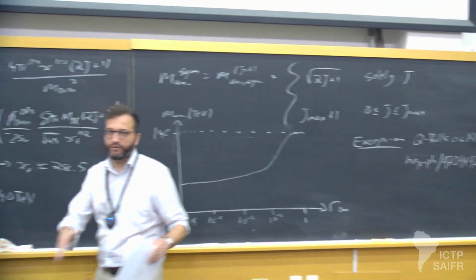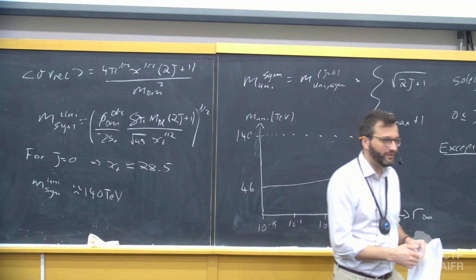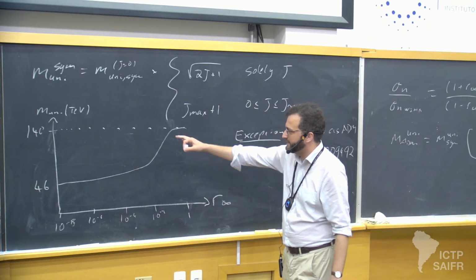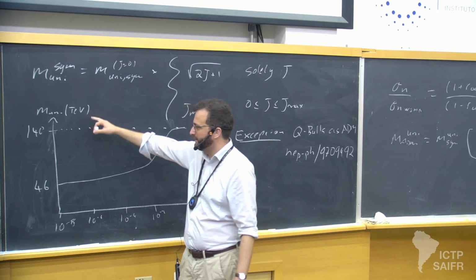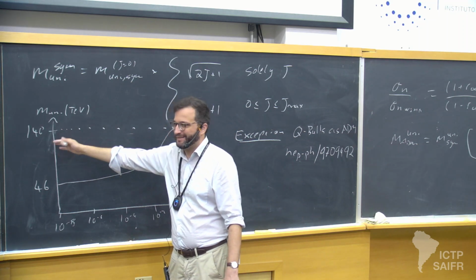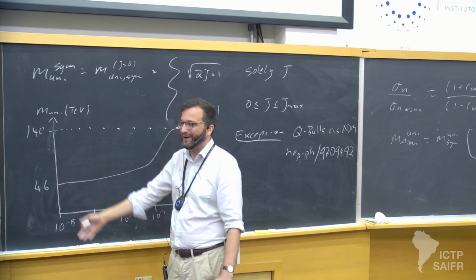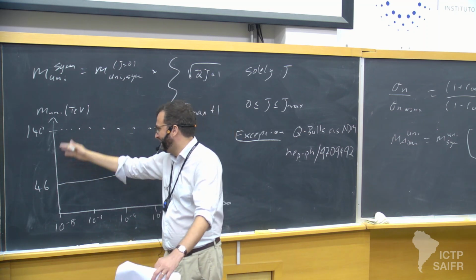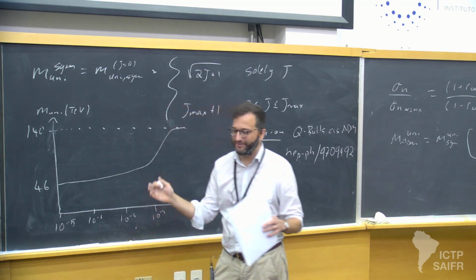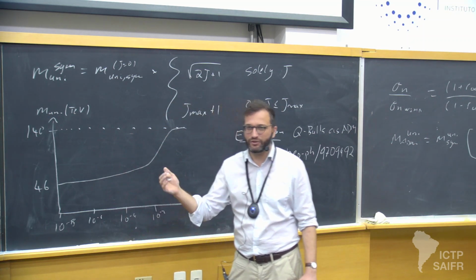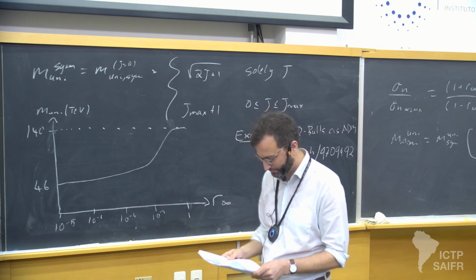So be careful if you read some paper that wants to do something with asymmetric dark matter, and they set their dark matter mass to be above 100 TeV, or even a bit lower, above, let's just say 100 TeV. Then we've got to question whether there's some issue with the self-consistency. Yeah.